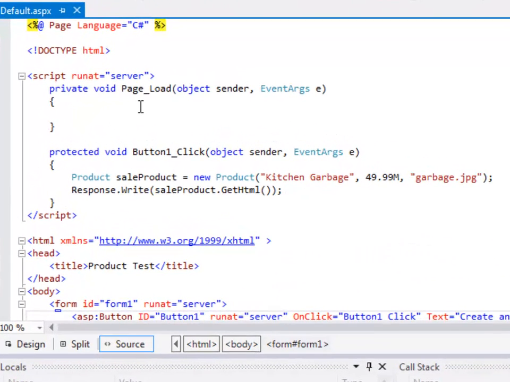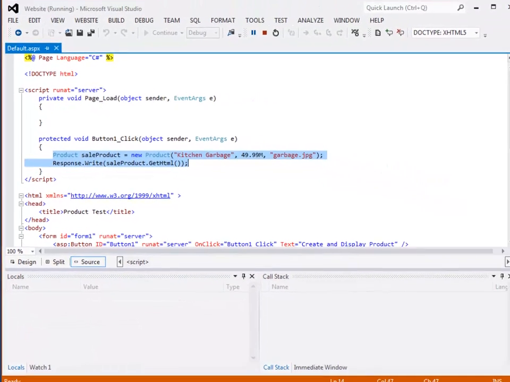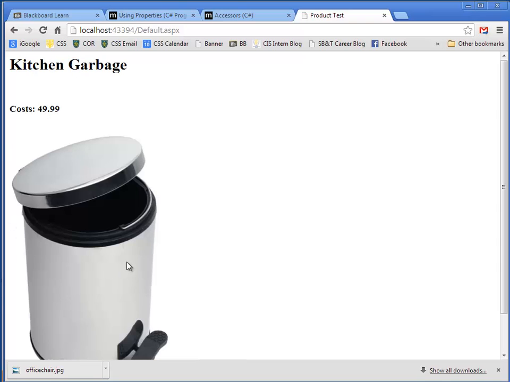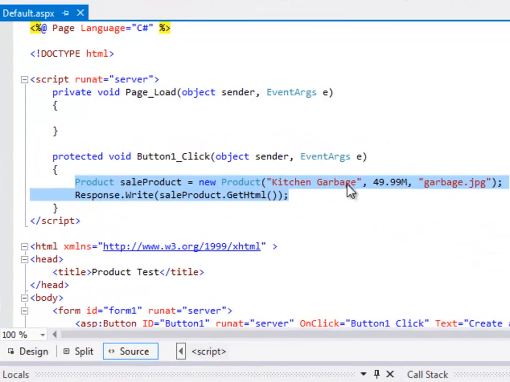That required just creating that button on the form and then moving this code, which we'll look at in a little bit, from the page load event down to the button click event. But what this will do is it creates a simple product with a name and a price and an image, and then it displays that product on the screen. It doesn't do anything else. What we started is relatively basic, and that is working with a product